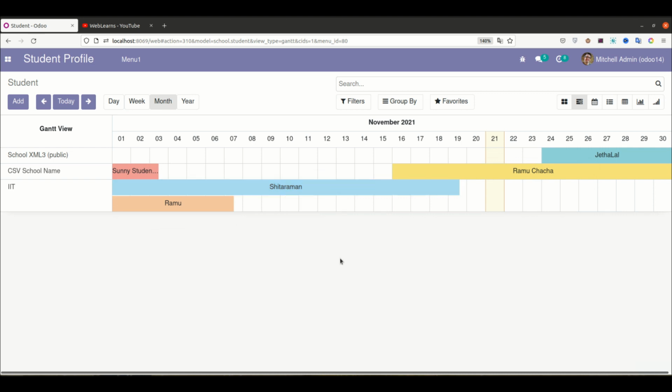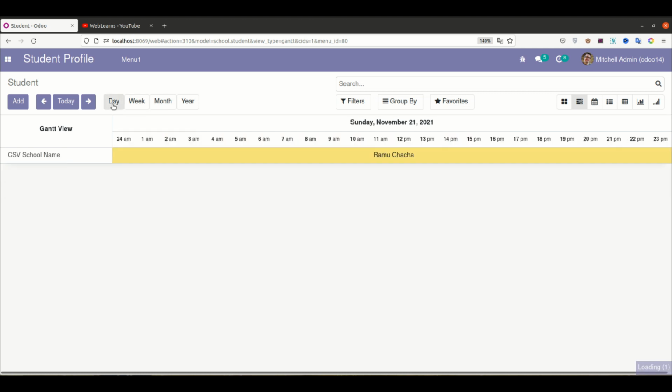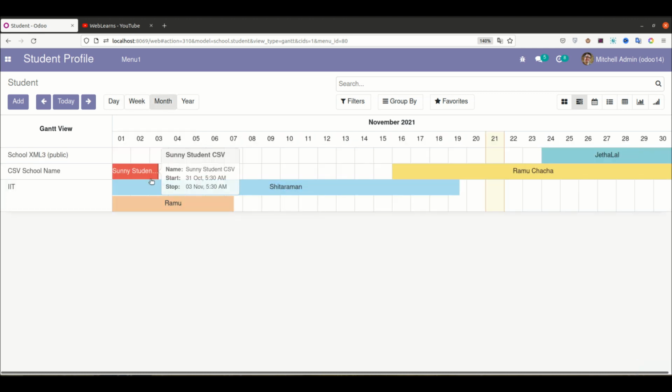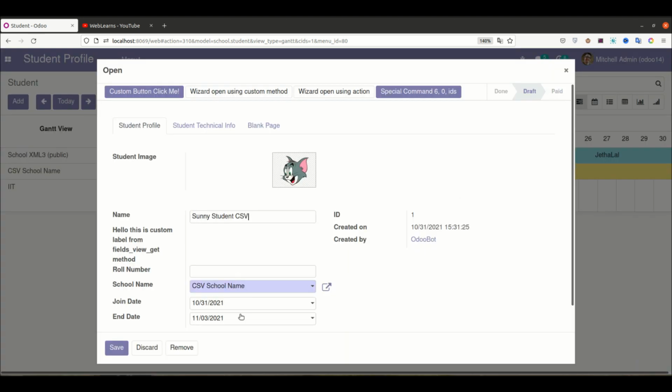But a few records won't be drag and drop, such as this record, because the starting date and the ending date is not available in this month in this screen. So due to that, it's already locked, you can't drag and drop this one.